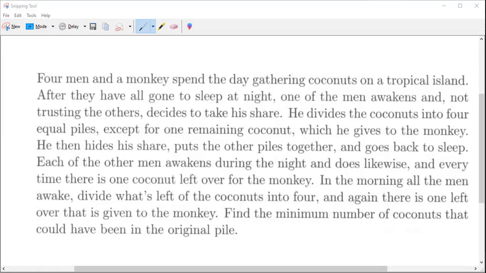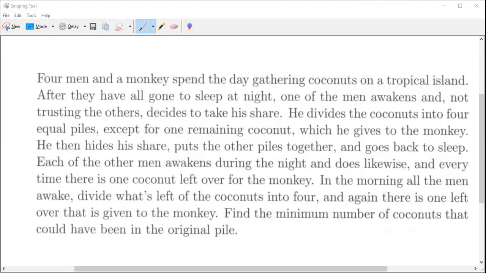So each of the other men does the same. They don't trust the others, so they wake up. It turned out that every time they do that, there is one leftover coconut. Whenever they try to divide it by 4, they will have a remainder of 1. So in the morning, all the